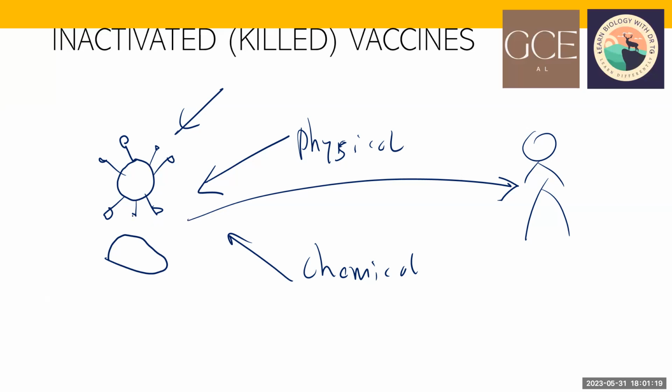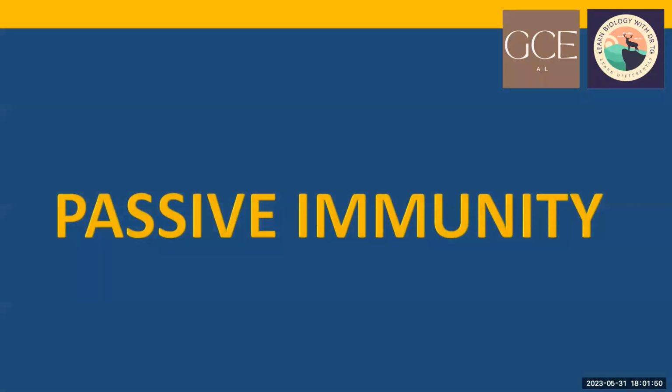So recently, we all got this Sinopharm vaccine, which is inactivated COVID-19 virus. Pfizer and another vaccine were also given to people during the COVID-19 time. They are different vaccines, but Sinopharm is an inactivated virus. We got it during COVID-19. That's an example like this, right? Okay. Now we are coming to passive immunity.